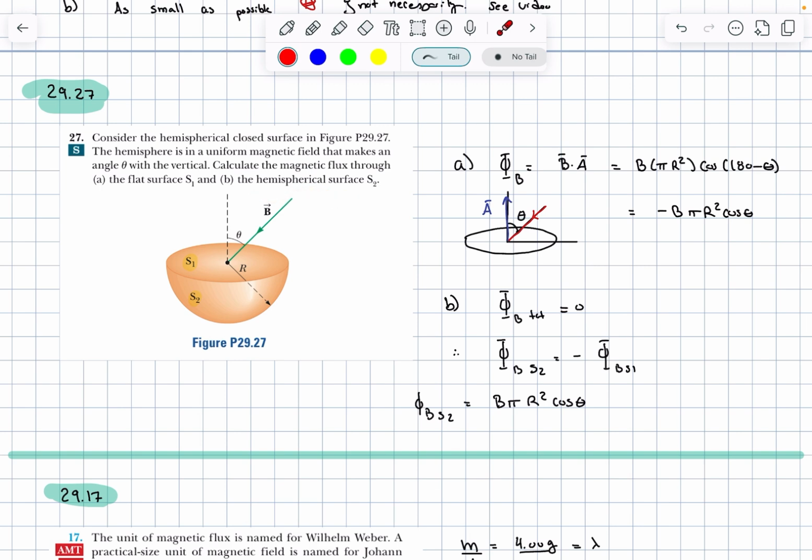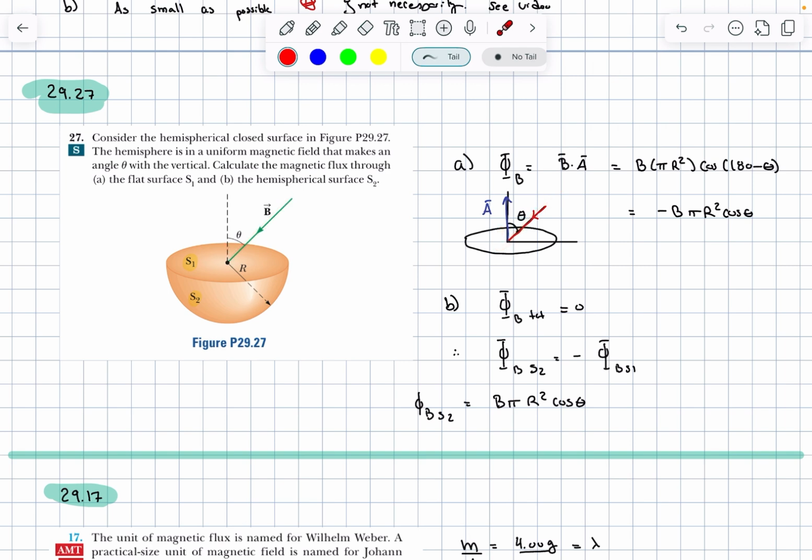So to do that, well, we know that this is a flat surface that we can draw like this, and it has an area vector pointing like this. The equation for the magnetic flux is just the general equation for flux. It's going to be B dot A, where this is B and this is A here. But it's important that B is coming in like this, right? So what we're going to say is, B dot A is B times A times cosine of the